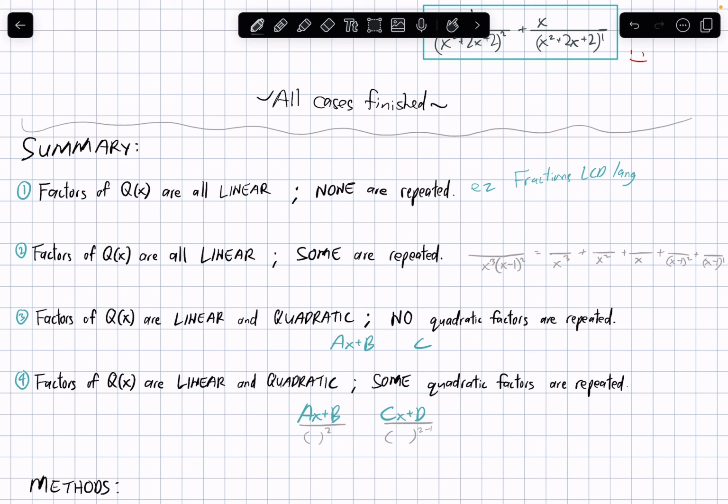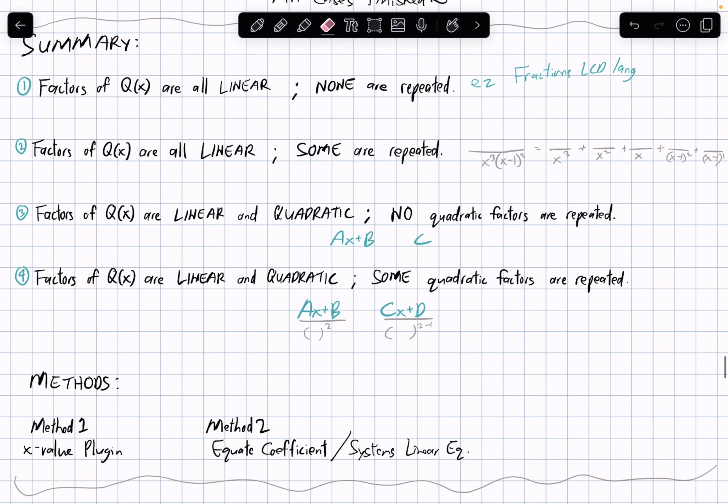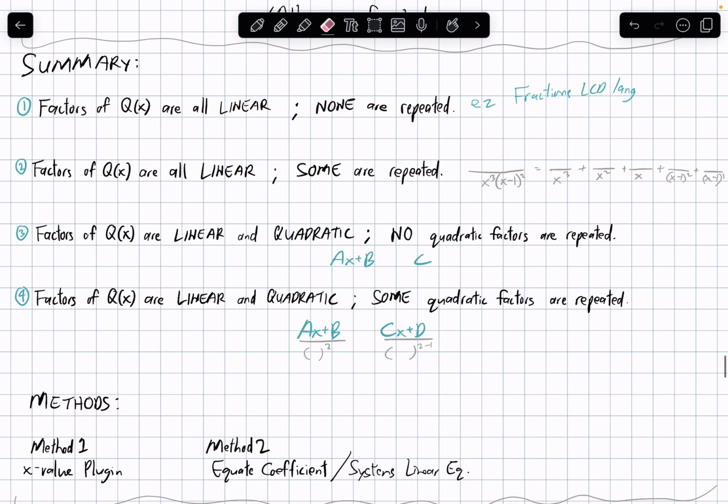What does that mean? For example, linear has a polynomial degree equal to 1, and a quadratic is another kind, so there's something like this: a linear and a quadratic. When we say some are repeated, regardless of whether we're talking about case 2 or 4, the idea is, for example,